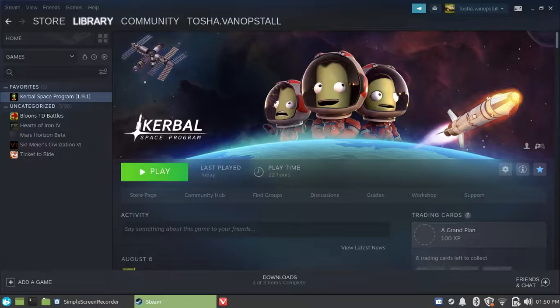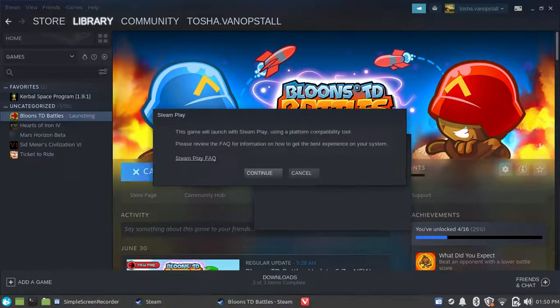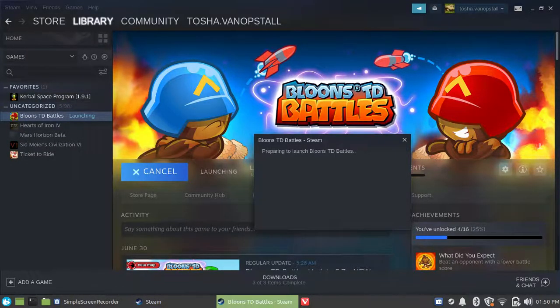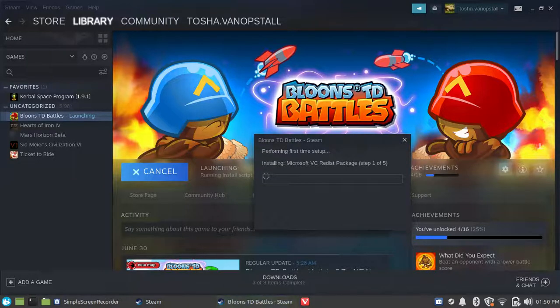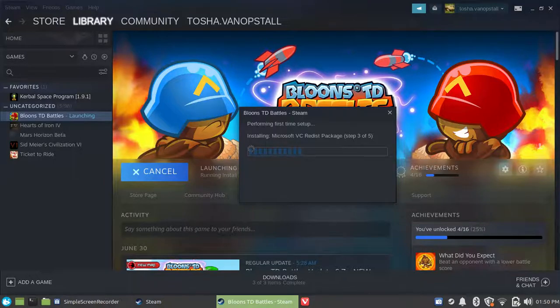Anyway, let's just launch this to show it works. Yes, it will warn you that you are using Steam Play compatibility tool. And you see, this time it has to do the first time setup because, well, this is my first time using Proton on this particular installation, because I have this weird habit of killing my Linux installations after a period of time and reinstalling, sometimes for update purposes, sometimes just because I'm